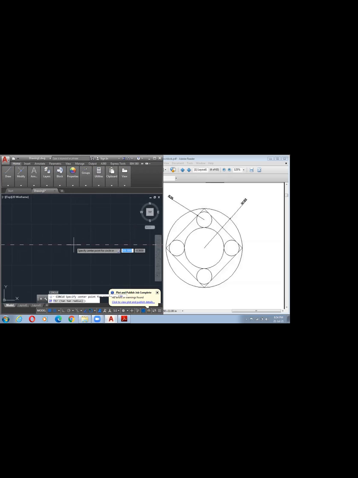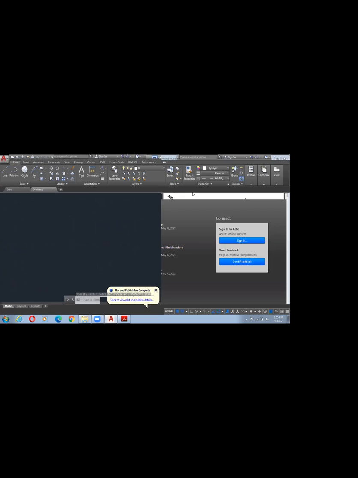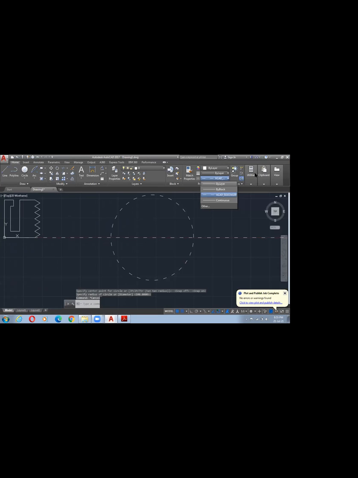Select here, with the first point. Yes, it is in dotted lines. Better to change the layer, that will be an advantage. Select this by layer, select this also, make it to normal layer.